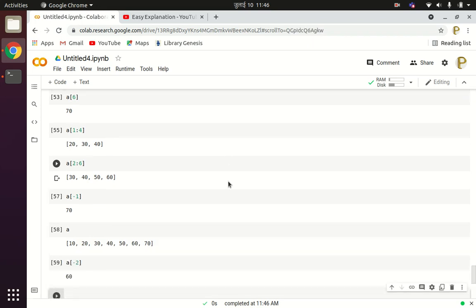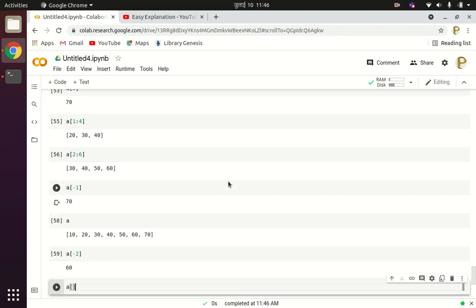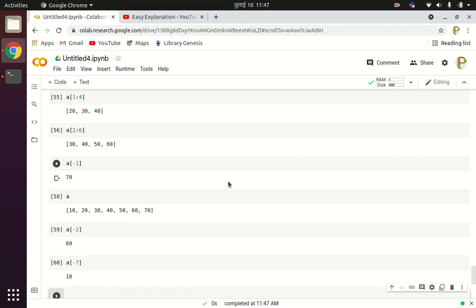Similarly, A of minus 7 will return 10. In this way the list can be reversed in the Python programming language. So the indices of the list are numbered from 0 to length minus 1 if you are reading from left to right, but if you are going from right to left, the indices are numbered minus 1, minus 2, minus 3, minus 4, minus 5, minus 6 and minus 7.